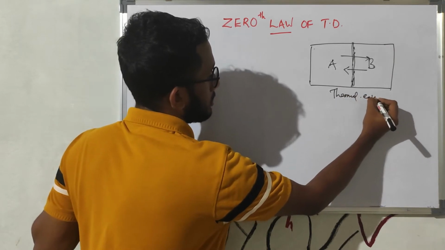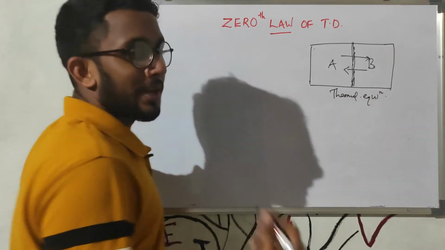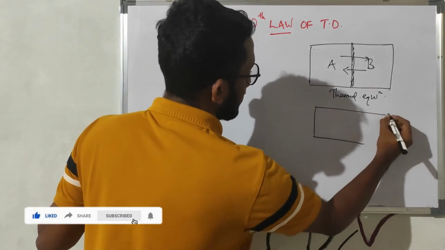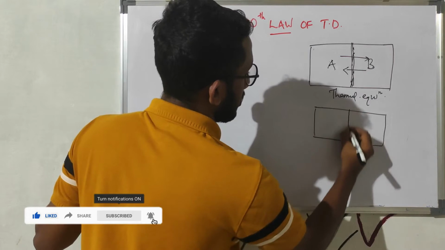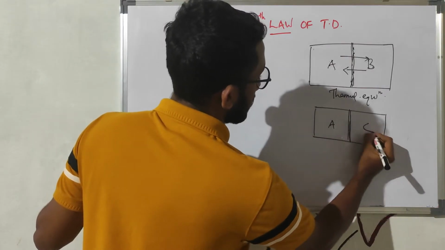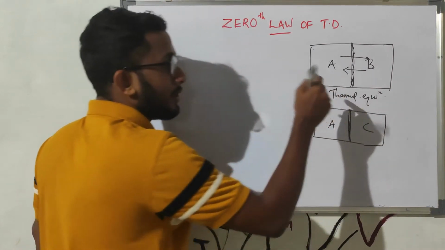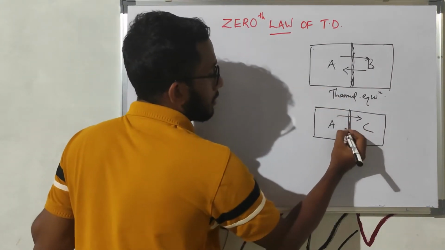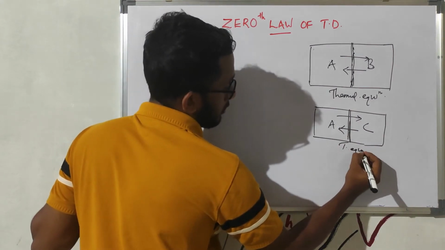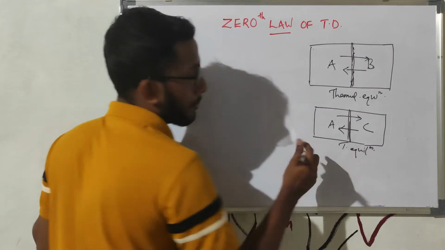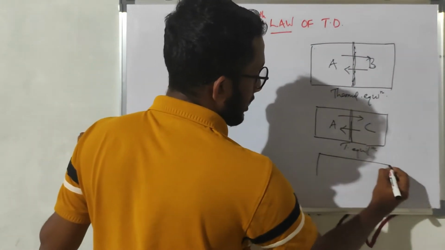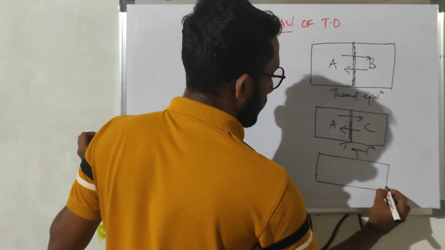You all know that. Now we can consider another system with A, that's C. There is also a non-insulated wall between A and C. Like this, it also gets to an equilibrium position after transferring more heat. So it also attains thermal equilibrium. So next we consider B and C.